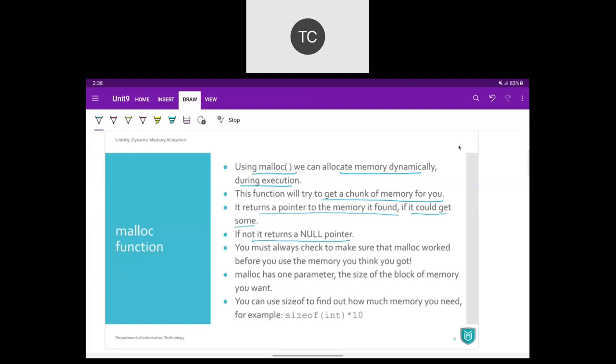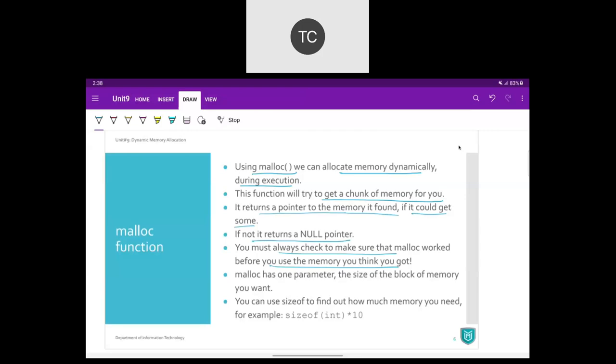Whatever return value we receive, we must always check whether we have the memory address actually, or we have the null pointer. Before we start using that memory block, we should check whether we have the address or we have null.